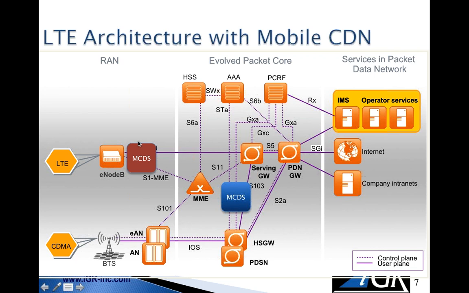So by moving the content towards the edge, down at the base station here, or putting it down by the serving gateway in the data center, then of course that content is cached locally, and it's much faster and more efficient for me to get it. Content delivery networks are very common in wired networks, obviously a very common part of the internet structure itself, but until recently have not been part of a mobile network like this. And this is what we're starting to see now. So it's this type of application that we're talking about.